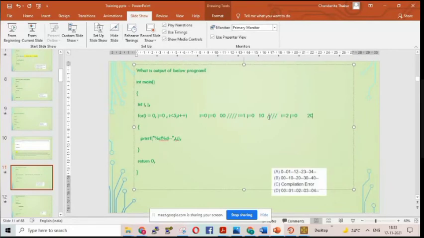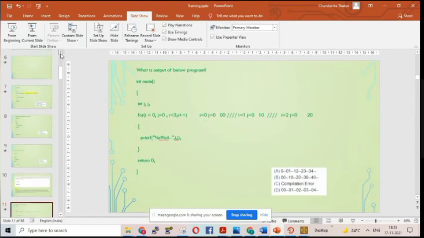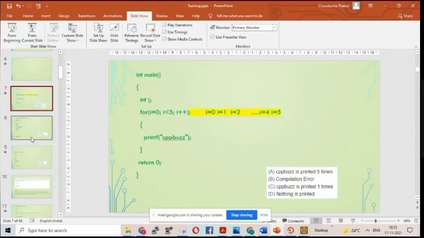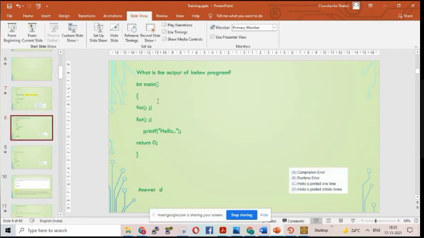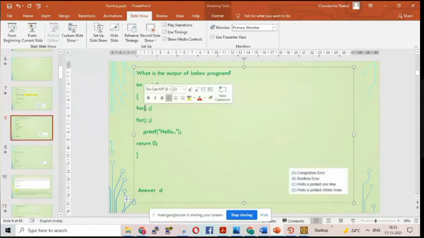Yes, ma'am. Okay. Similarly, from where we came, in this case, I will just change it. Suppose here i equals 0, and here I will write i less than 5, and here i plus plus.